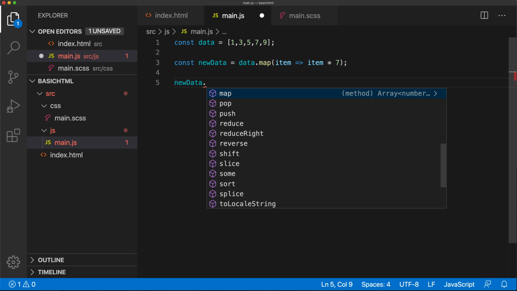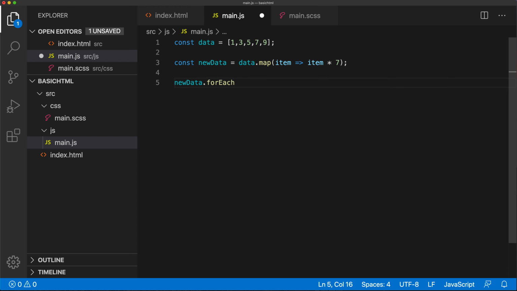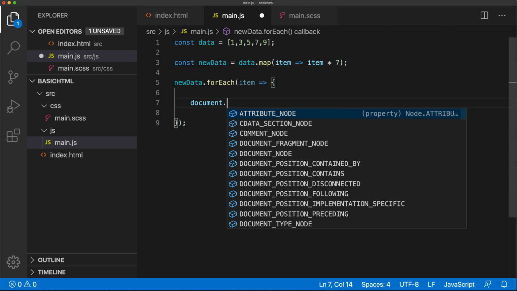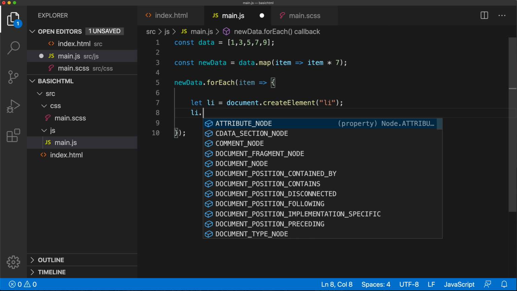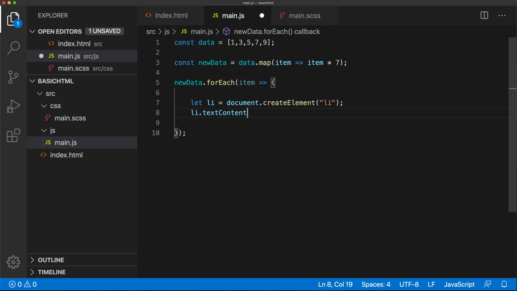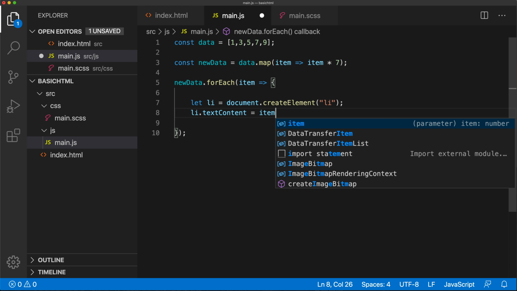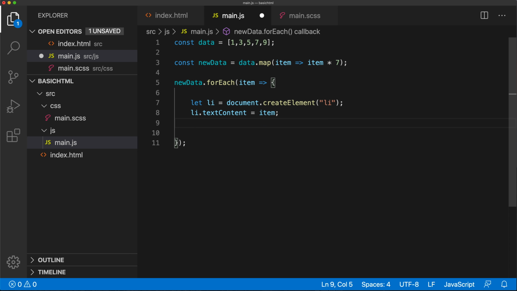So I'm going to take this new data, and I'm going to do a forEach loop. And then for each item in that new array, we're going to do an arrow function. And here, I'm going to take our document and create an element, and we'll call this li. And that will make a list item. Then we'll take that list item and change the text content of that list item to whatever the item is, which will be the number multiplied by 7. And then we'll just append it to our